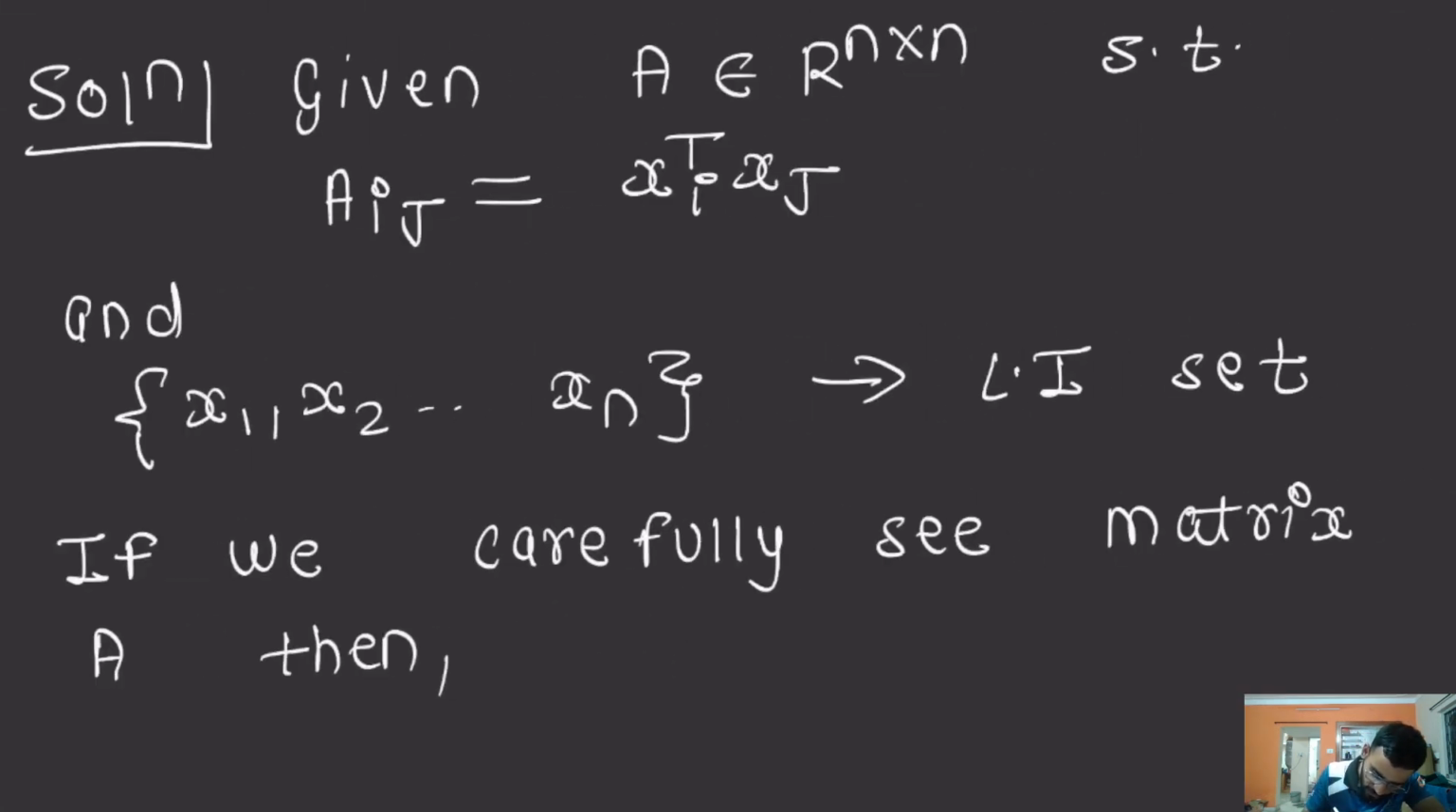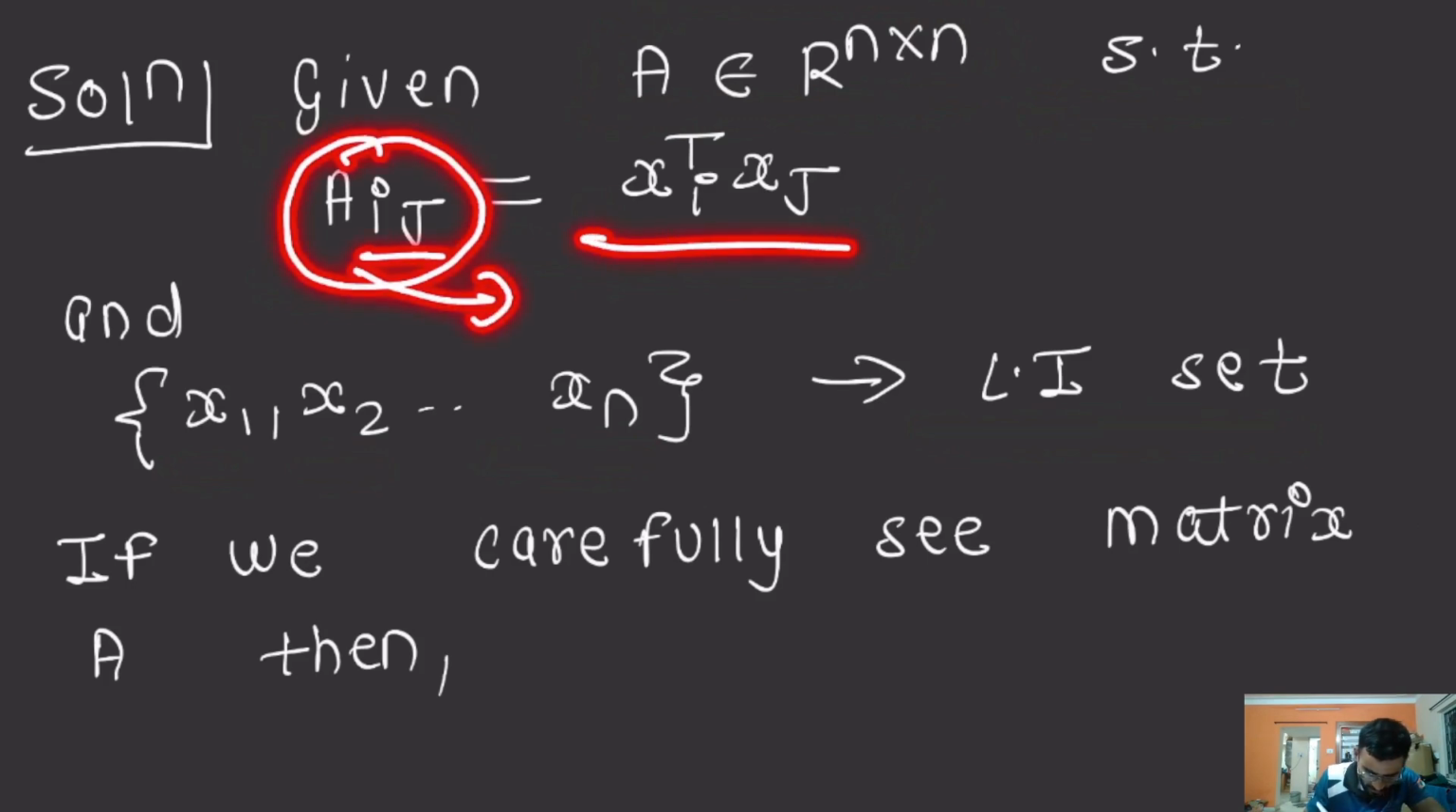What we have is, we are given that A is an n cross n matrix such that the ijth element of A is equal to xi transpose into xj, and the set x1, x2, ..., xn is a linearly independent set. First, if we carefully see this A matrix, whose ijth element is xi transpose xj,